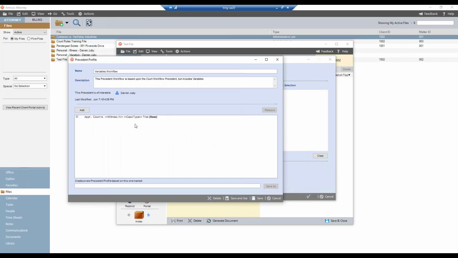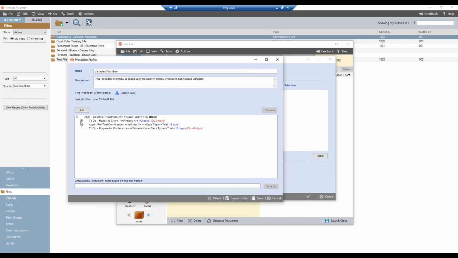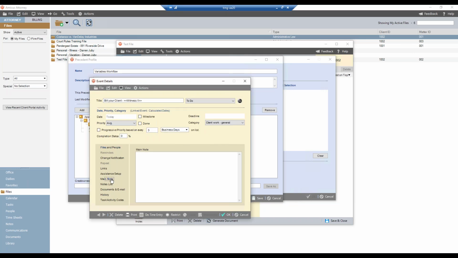So I'm going to do so, but I just want to show you guys the other events here as well, where I've added those same variables. So there's the report to client. Witness X is in the title here. I don't have anything in the main note on this particular one. Bill my client, I've got witness X there. And I could put here in the main note,